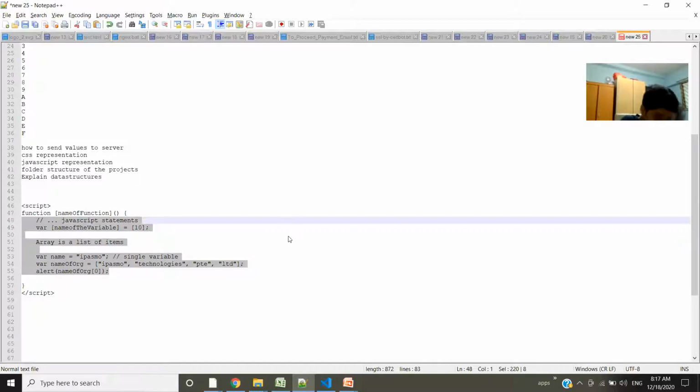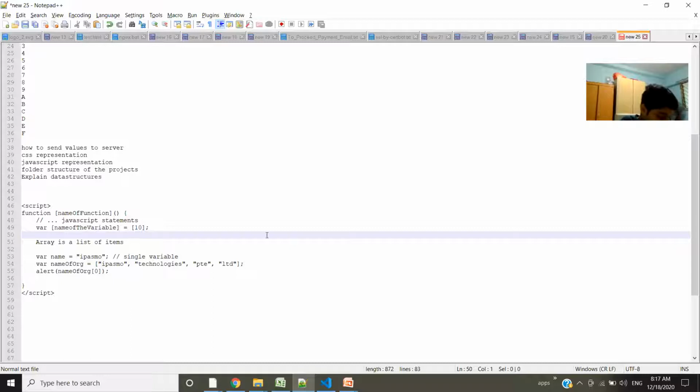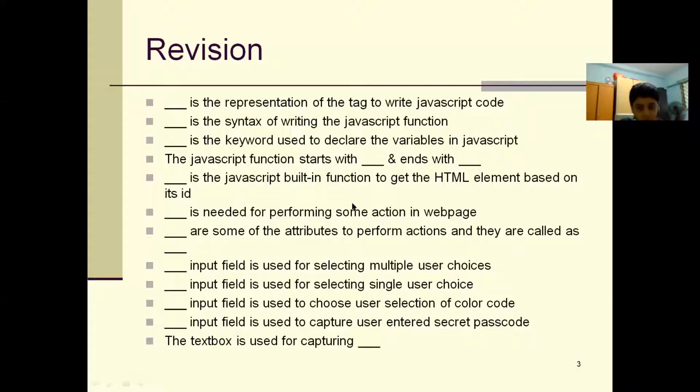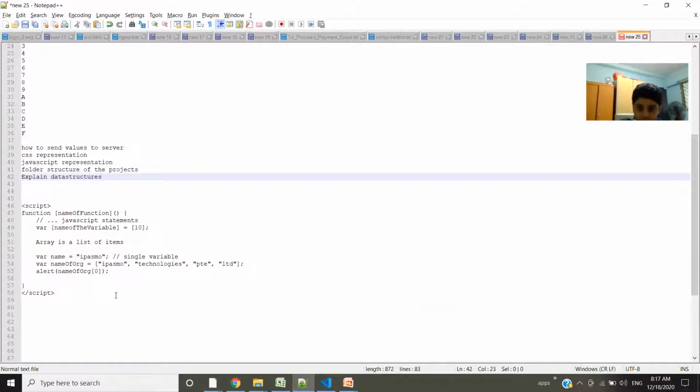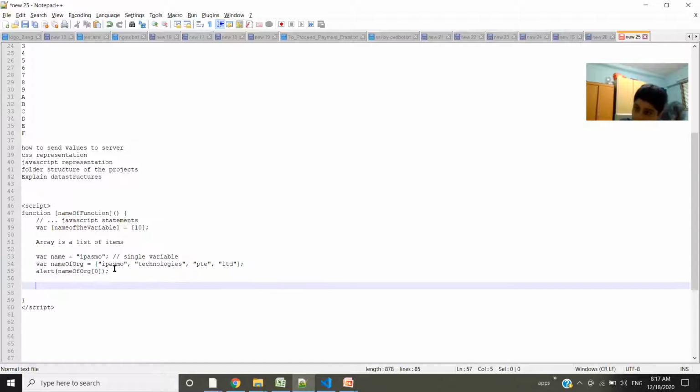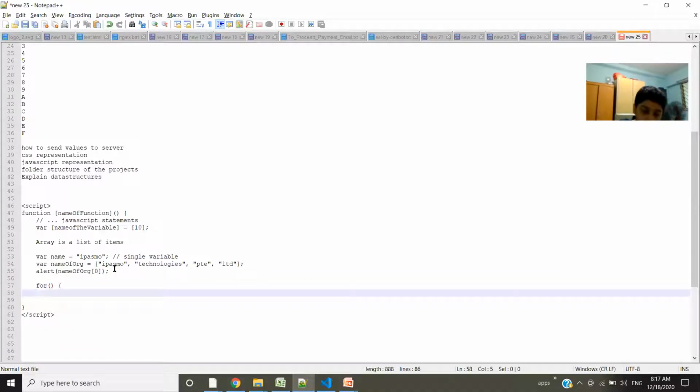You need to have the right use case. A loop can occur within a function like this. I'm going to explain this part also.